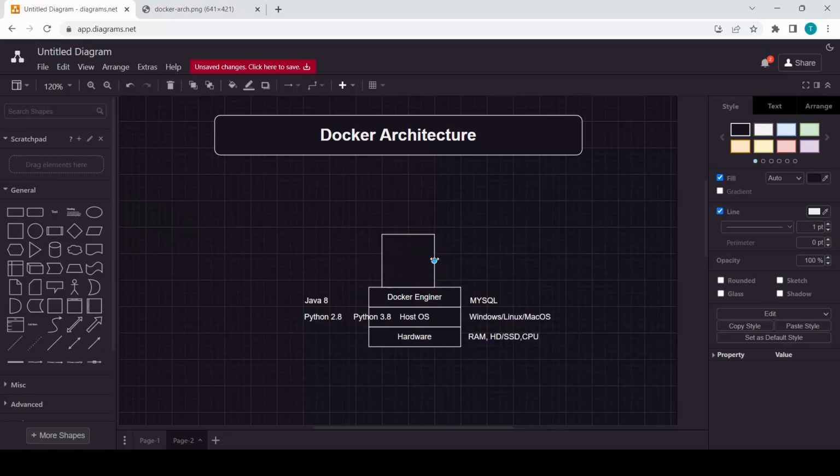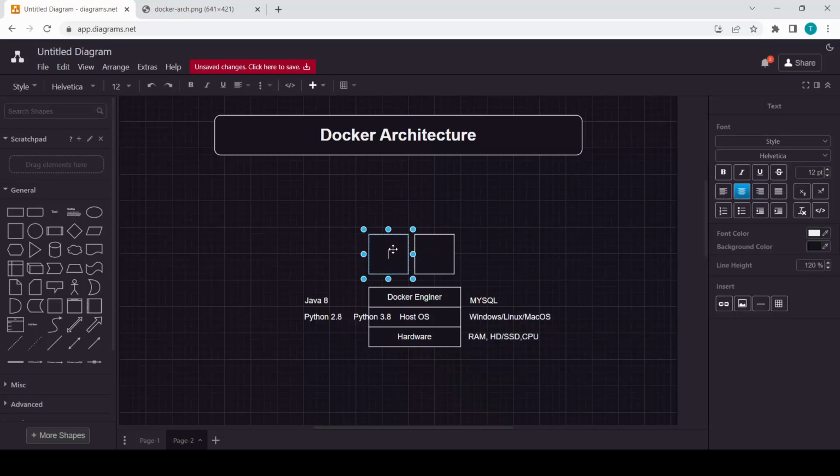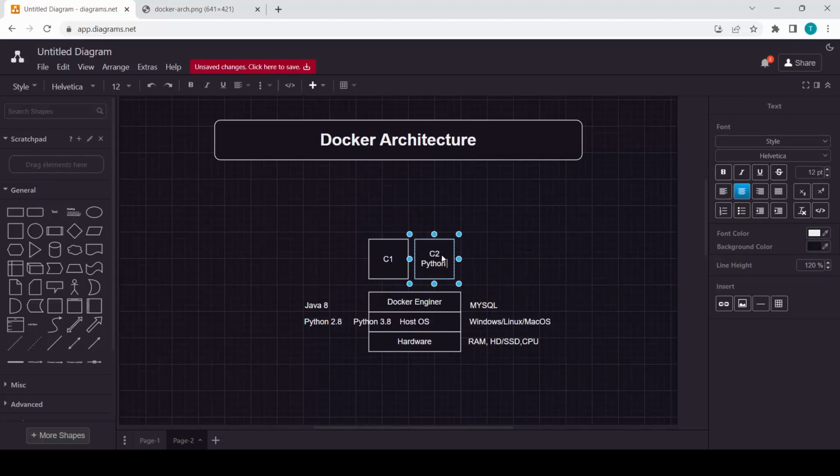Suppose this one is container 1 and this one is container 2. Just suppose two containers for now. In container 1 we have Python 2.7. In this one we have Python,